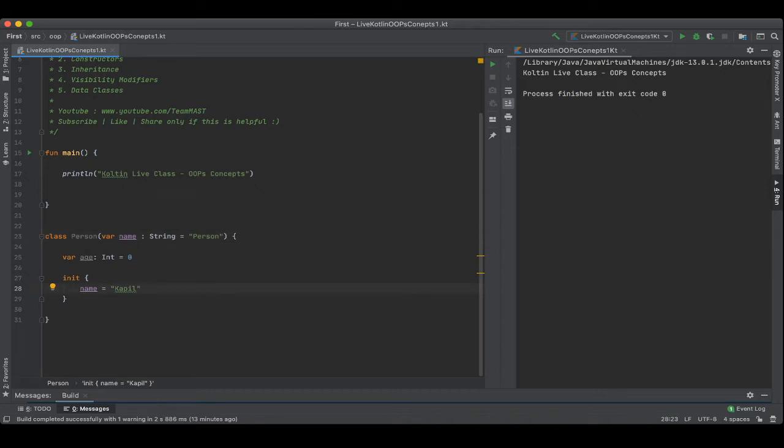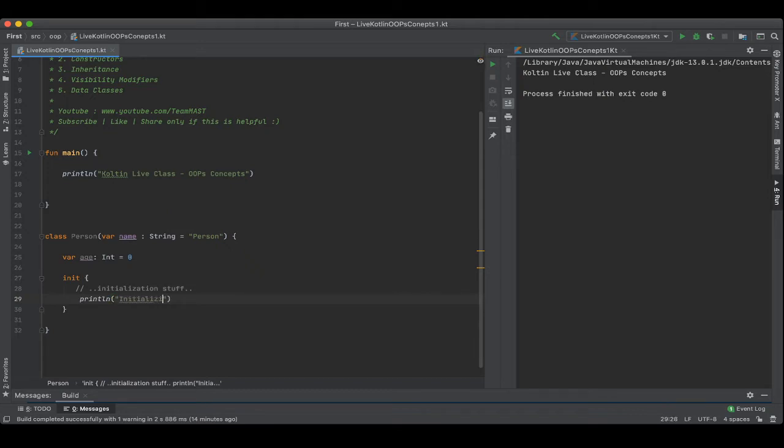So let's remove this line for now, and the default name would be Person for this class. And here we can do some initialization stuff, and we can prepare our objects for later use in our different methods. So initialization stuff will go here, and I'll just print a normal println statement here,